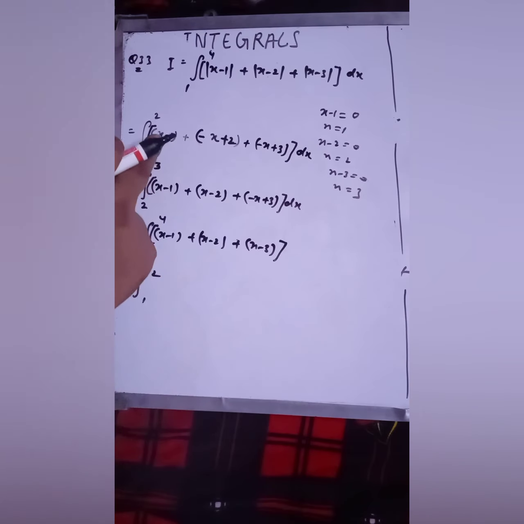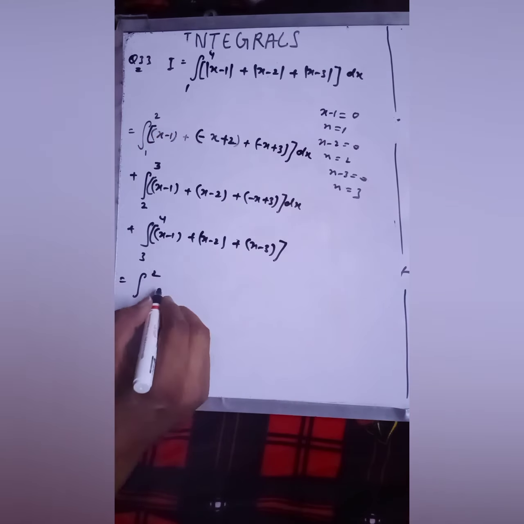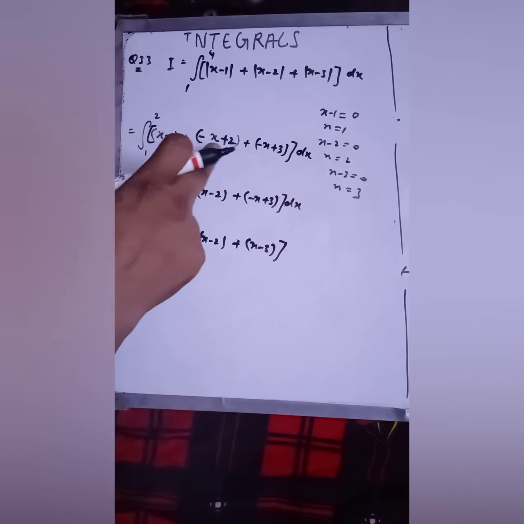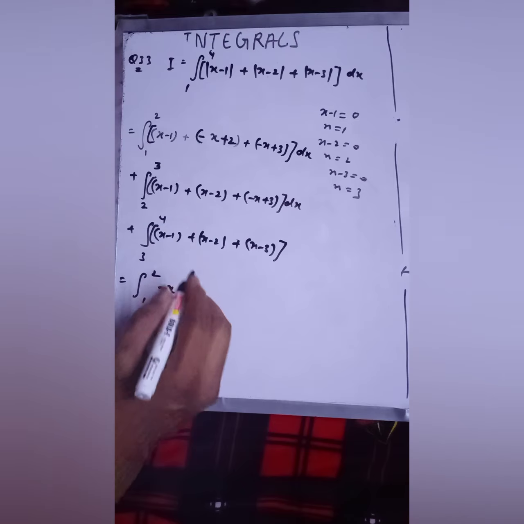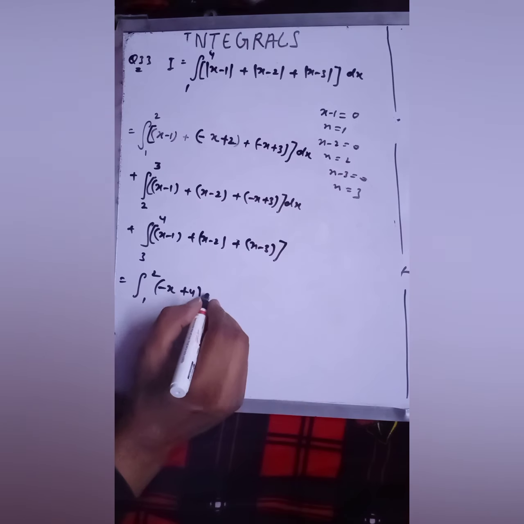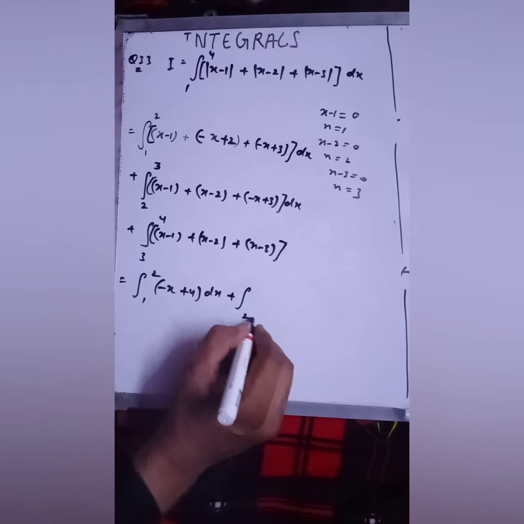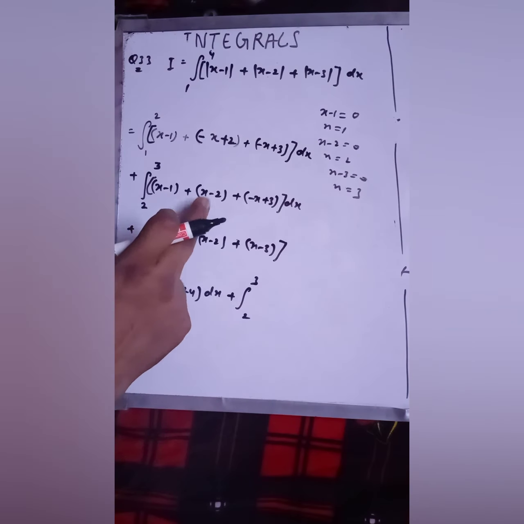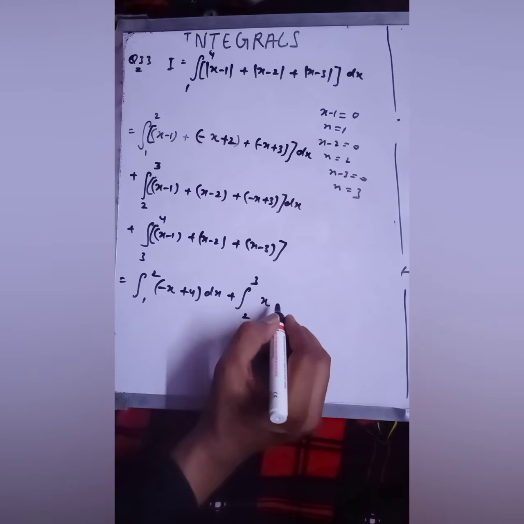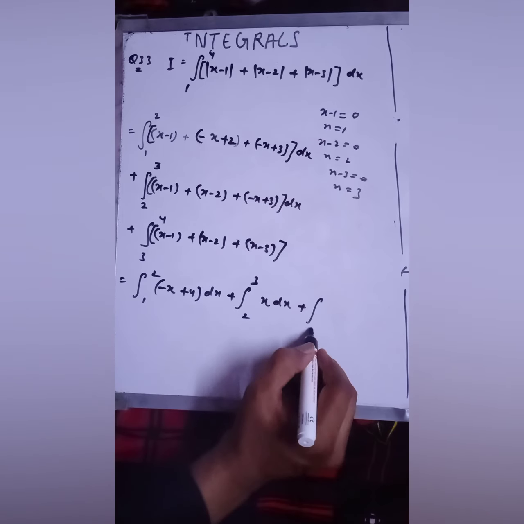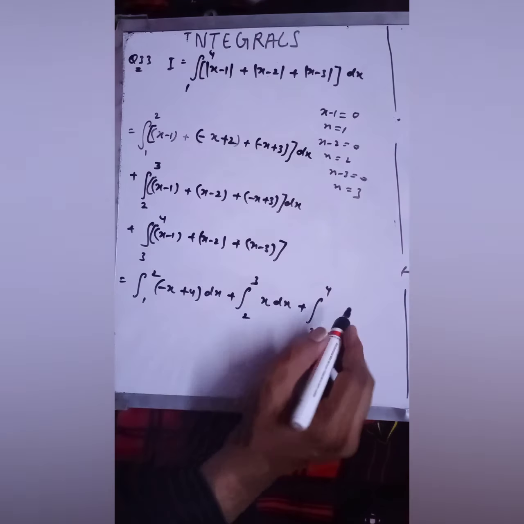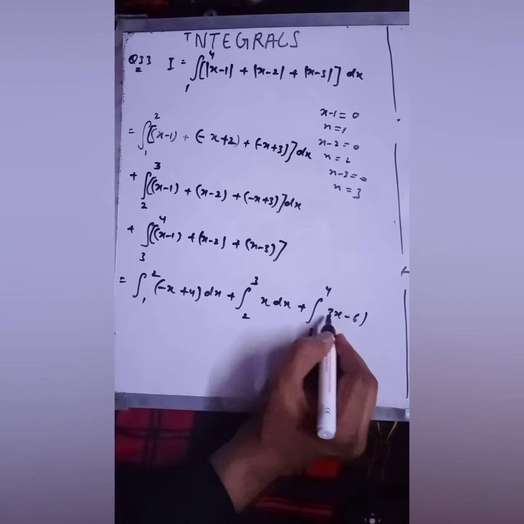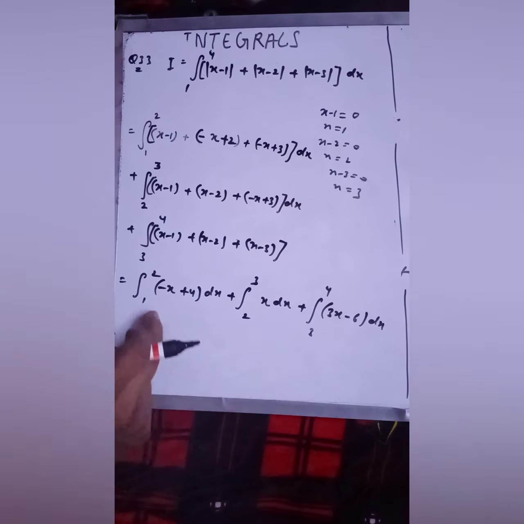So from 1 to 2, x minus x, so it is only minus x, minus 1, it is 5 minus 1 plus 4, so this will come. Plus 2 to 3, x and x will cancel out, only x will come, and then 0, so only x will come into dx, plus 3 to 4, 3x minus 6 will come into dx. Just solve this and put the limits and you will get the required answer which you want.